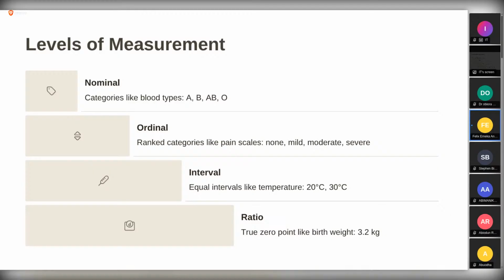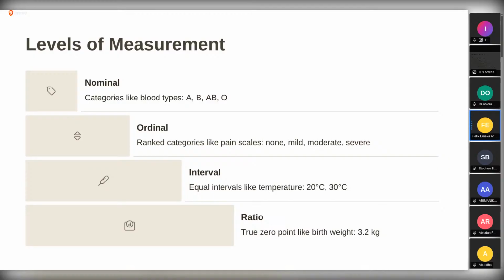So if you're increasing your temperature from so-so level to so-so level, it means it has increased by an interval. So it is you now that will decide what interval you are increasing it by. Is it by 2, by 4, by 6, by 8? But there is an interval increment.